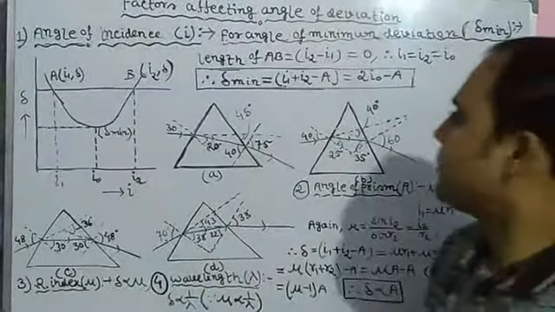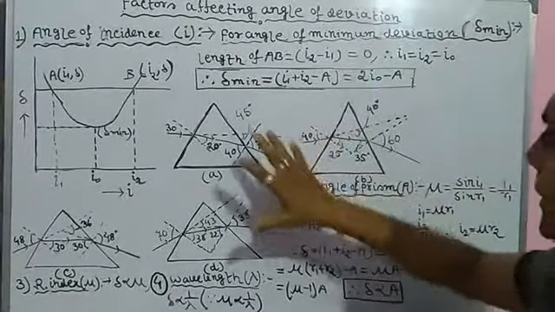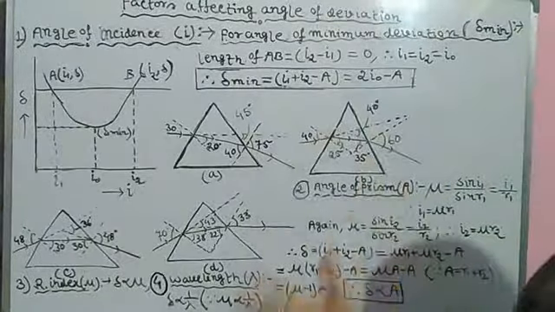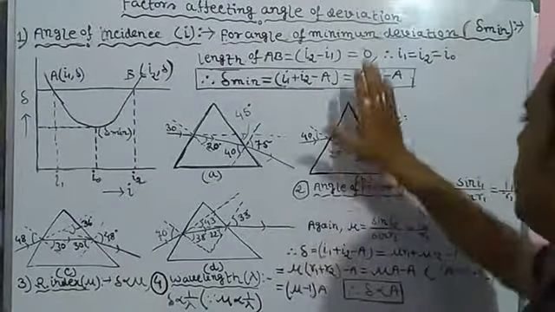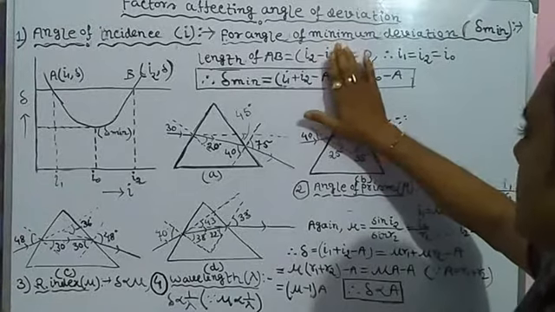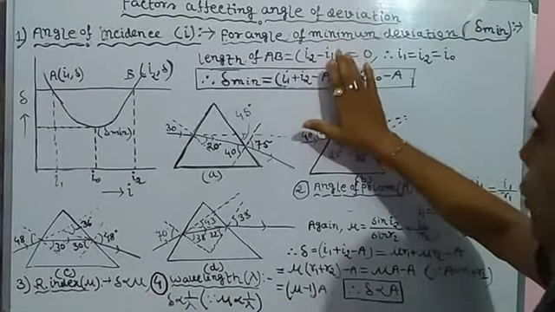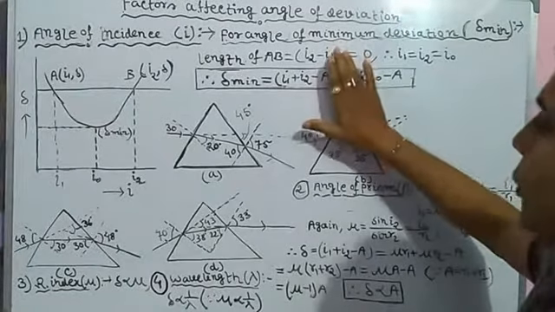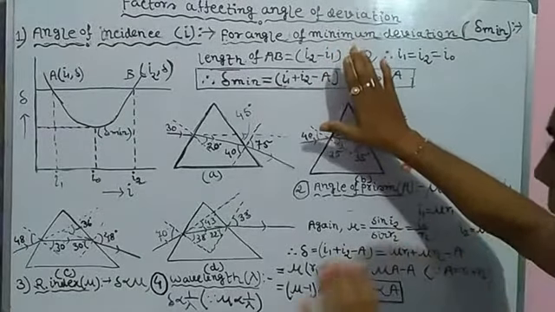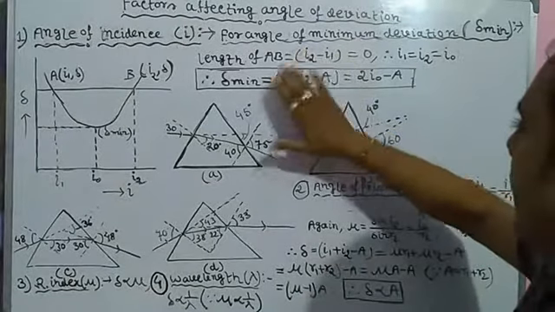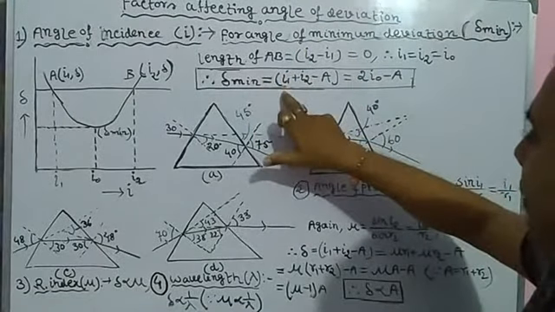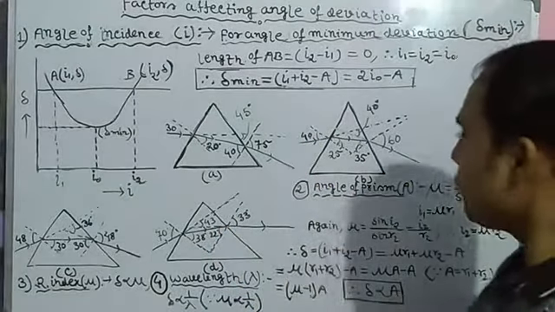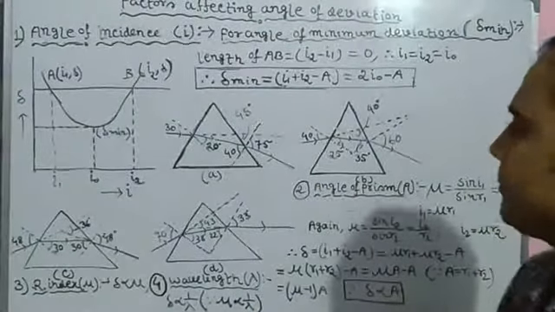Now one fact is that for a given prism its angle is fixed, so we may consider its angle constant. Since the angle of prism is constant, it is not going to change. So the deviation produced through refraction in a prism can be changed either by changing the angle of incidence or angle of emergence or both, isn't it? So how could it be done?